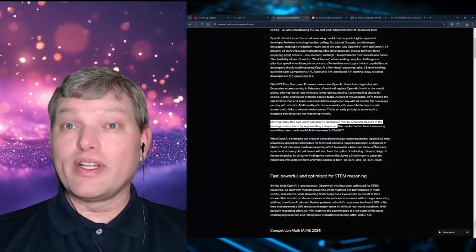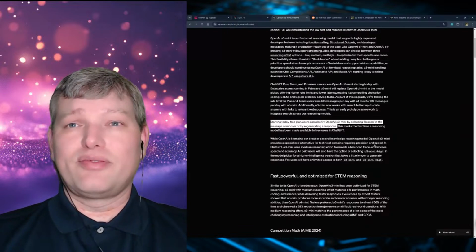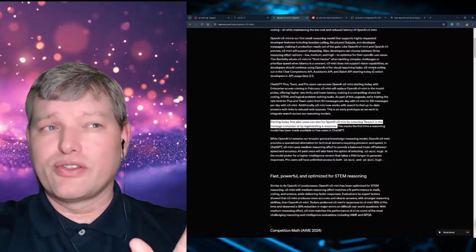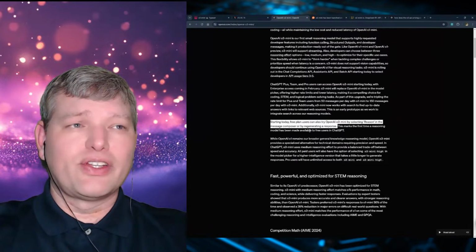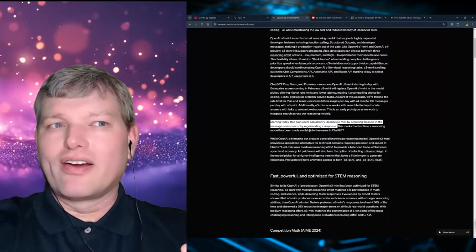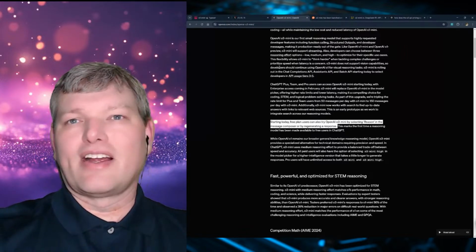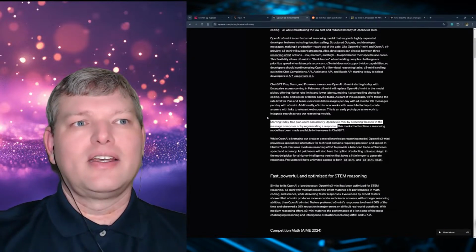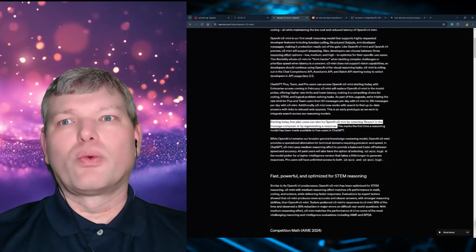If free is the only price that you're willing to pay, then you have to look around and see what the options are. And I would definitely say that O3 is a very good choice. They're not clear about the limitations on this though. So buyer beware: how much are you going to be able to select reason? Well, that's not entirely clear. And I have not tried it on the free side. So it remains to be seen exactly how much we're getting with that free reasoning switch.